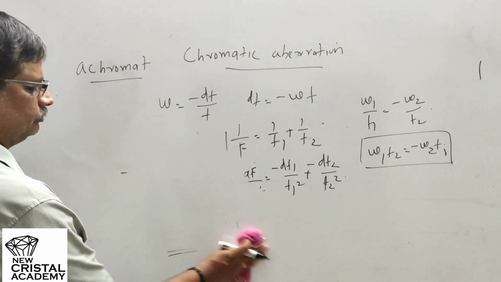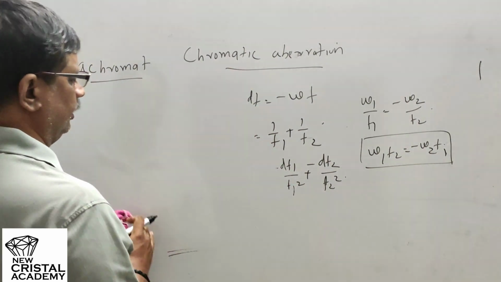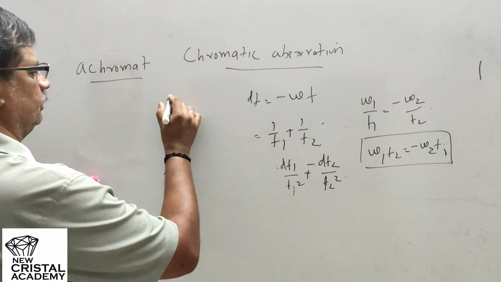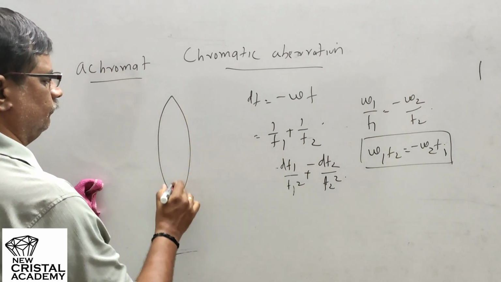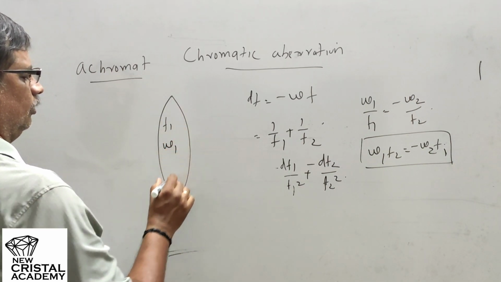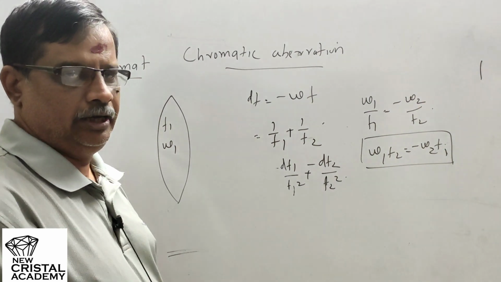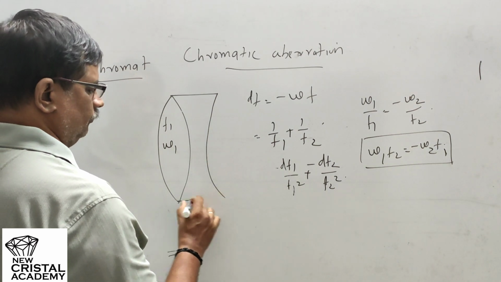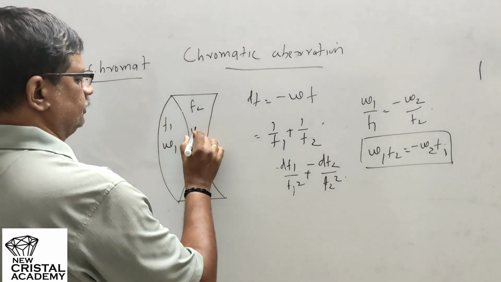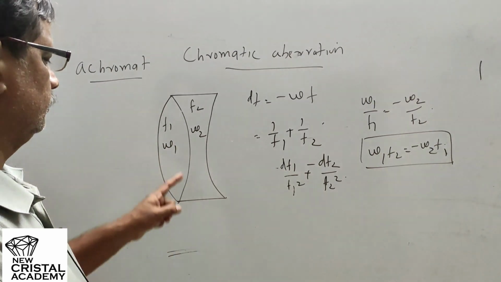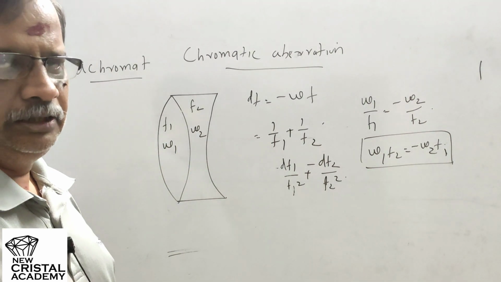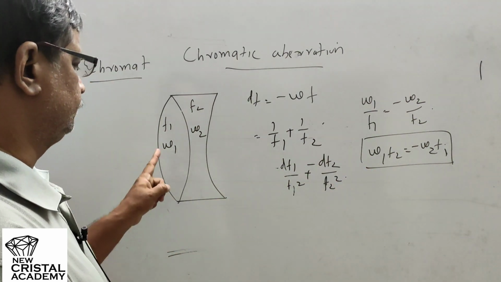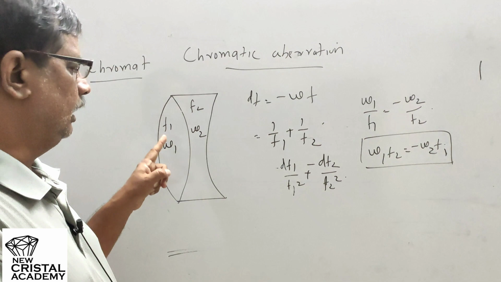So I will draw a diagram showing how two lenses can be combined to produce no net chromatic aberration. We have a convex lens of focal length f1, and the material of the lens has a dispersive power omega 1, and another lens, a concave lens, whose focal length is f2 and it has a dispersive power omega 2. Then this combination will act like a system that is free from chromatic aberration. According to our condition, one of the lenses should be converging, the other should be diverging, and they should be made